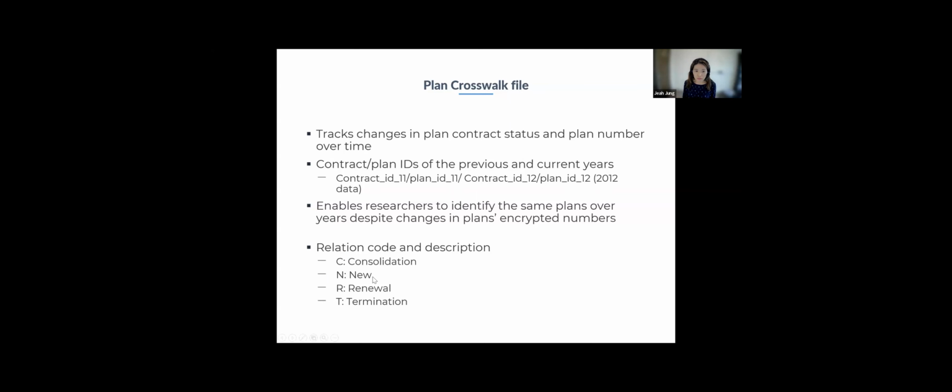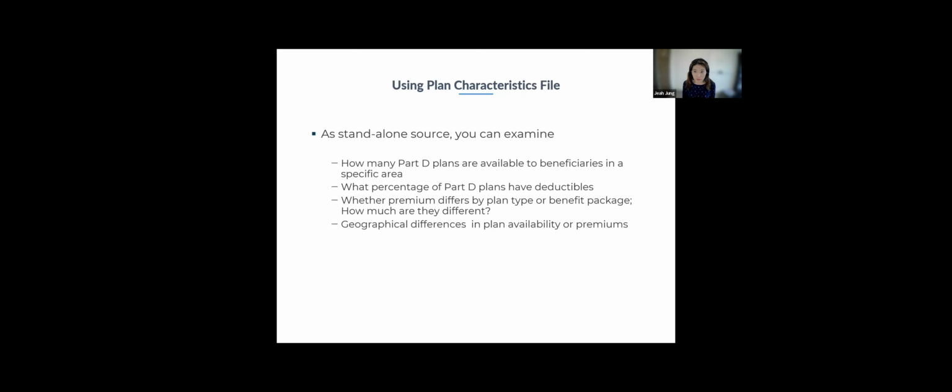And then whether it's a new plan or a renewal, and for renewals, you have to really look into whether they simply changed the number or not, to identify the same plan and to actually see the switching rates. Okay, that's the plan crosswalk file. So again, in summary, whether we want to use a plan